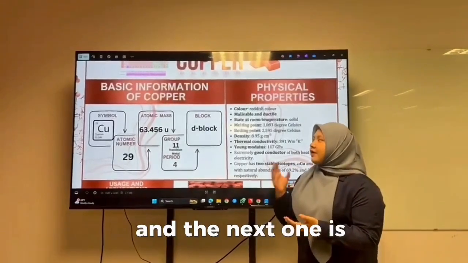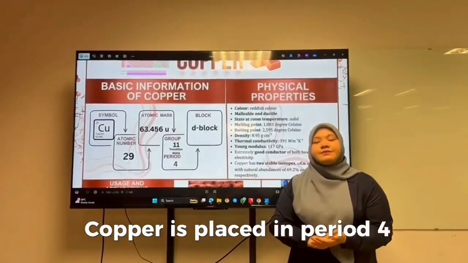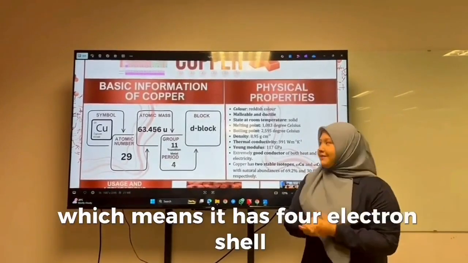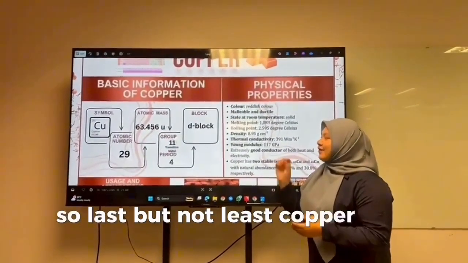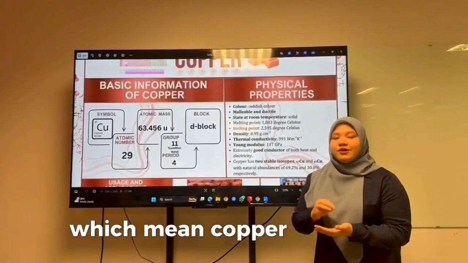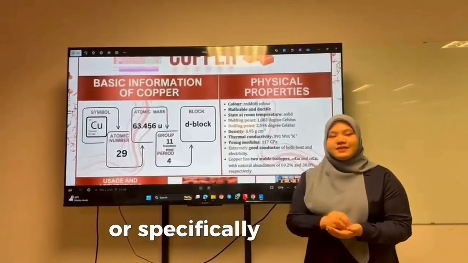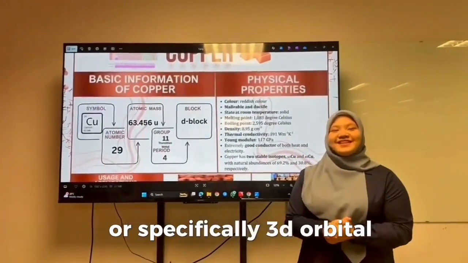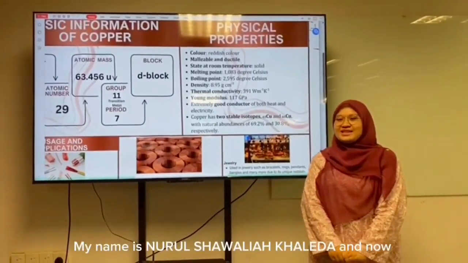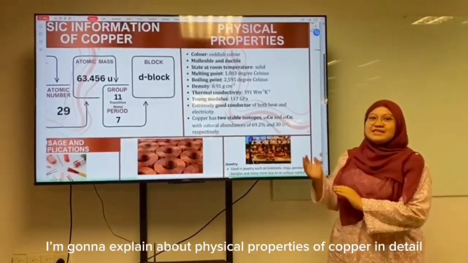And the next one is that copper is placed in period 4, which means it has 4 electron shells. Last but not least, copper is a d-block element, which means copper's outer-layer electrons involve the d orbital. My name is Nurul Syawania Karida, and now I'm going to explain the physical properties of copper